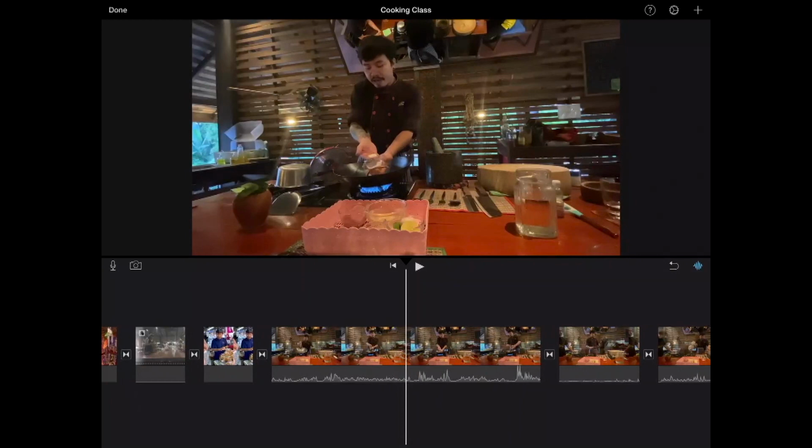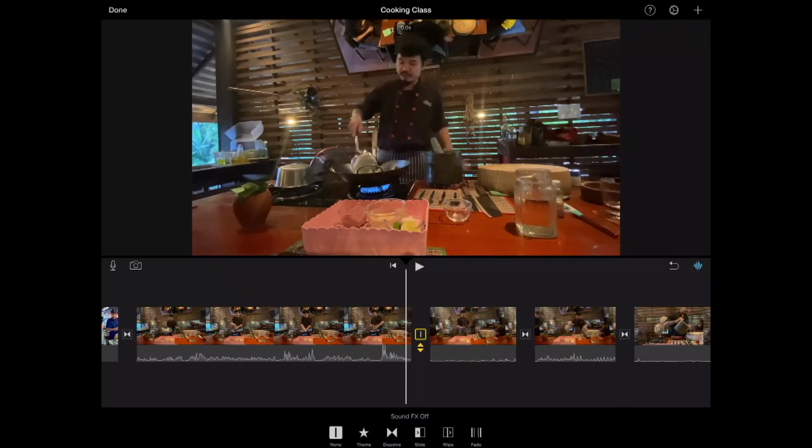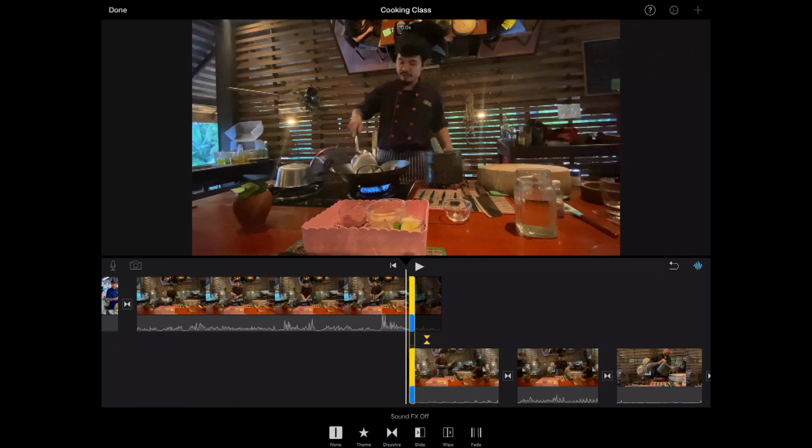We use what we call the precision editor. Click at the transition button. We'll go none in this case. The down arrows, and now we can actually see the two clips. The top one is my out point, and we try to match it to the in point of my bottom clip. So that's trimming. It's something you're going to do over and over and over and over again. And as you move on to other versions of iMovie on the Mac and then go to Final Cut, you'll find out you'll even have finer control